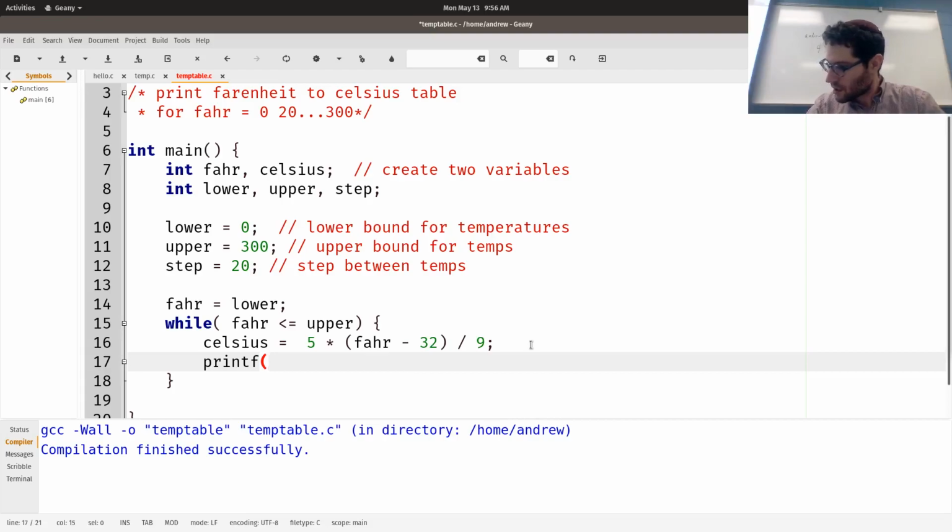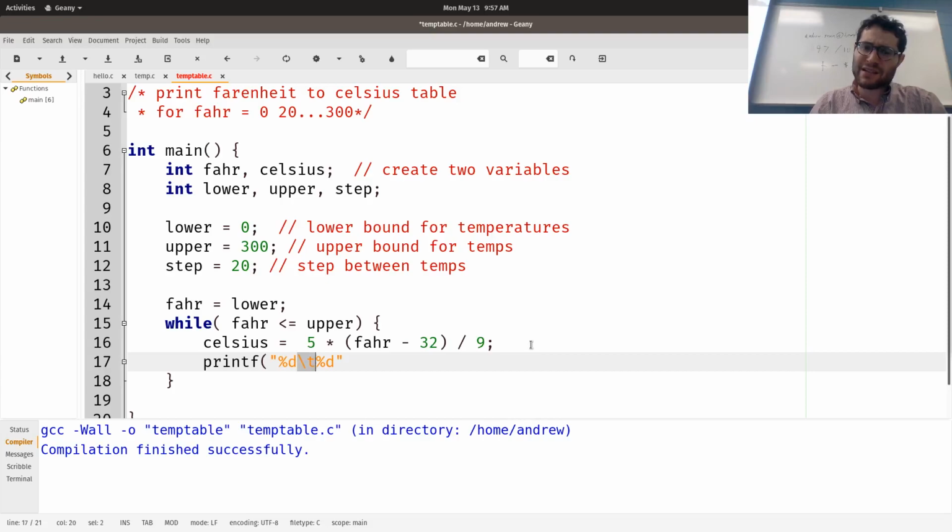So this one looks a bit weird. I did %d \t %d. So digit over here.